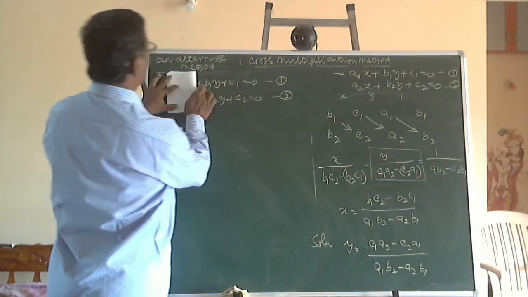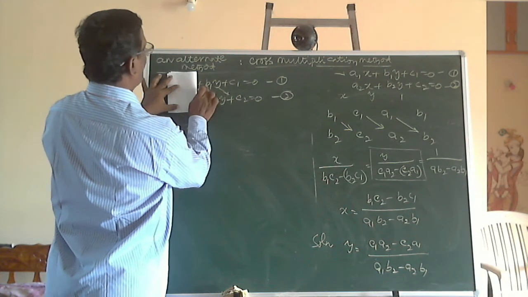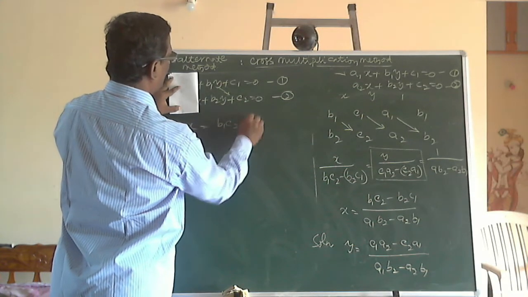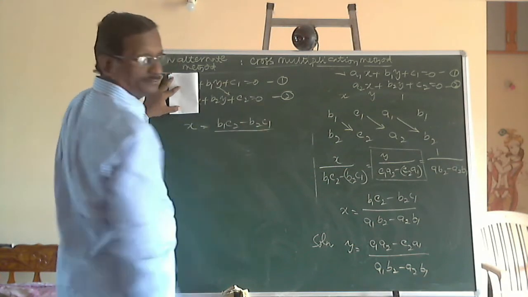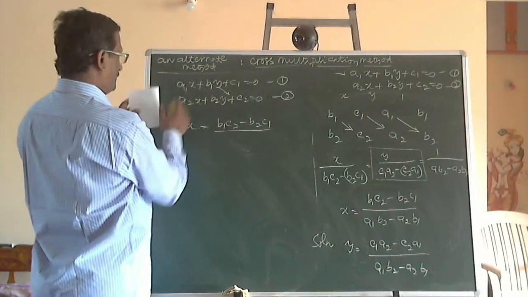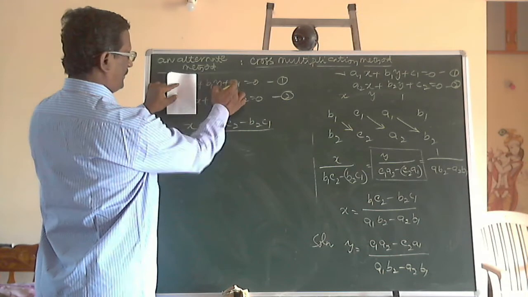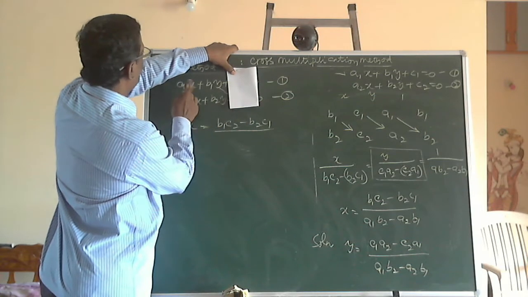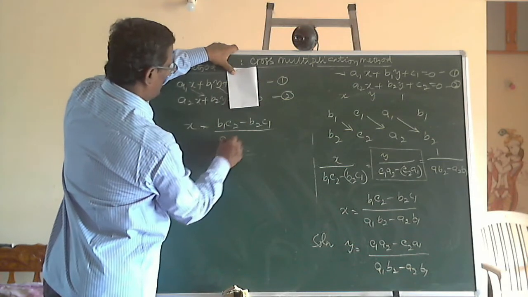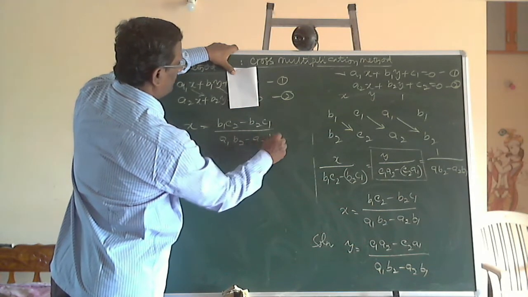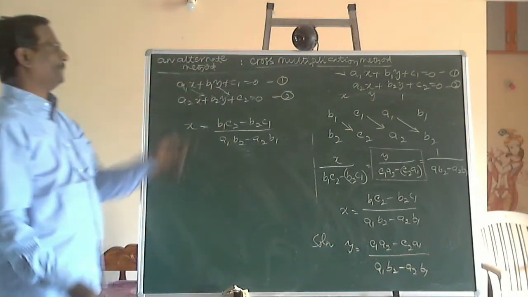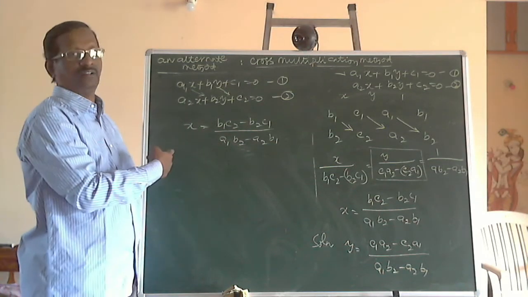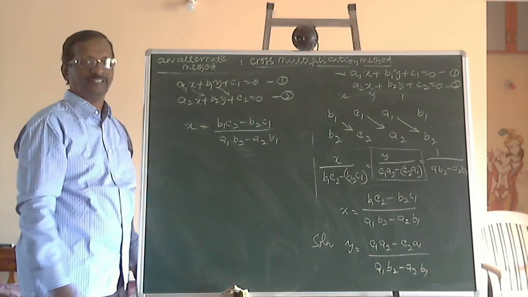Look, here the y term. This is the main diagonal. Start from b: b1c2 minus b2c1. b1c2 minus b2c1 is the numerator. When we want x, close this x: b1c2 minus b2c1 by, and under this, the x closed, a1 b2 minus a2 b1. This is the main diagonal here, a1 b2 minus a2 b1. So without doing anything, simply you write small multiplications and get the x value like this.